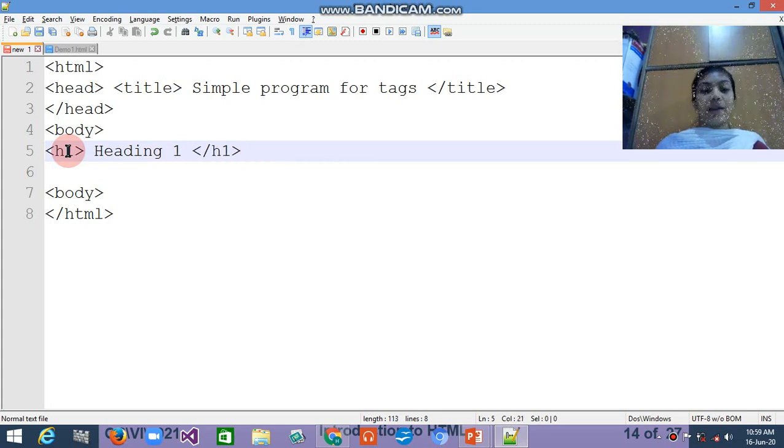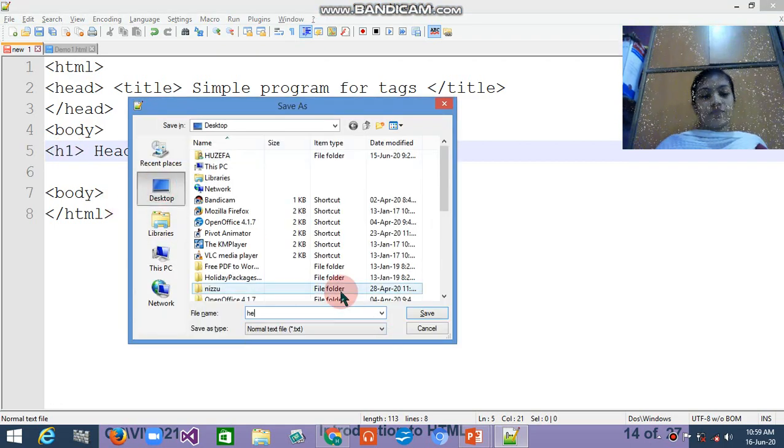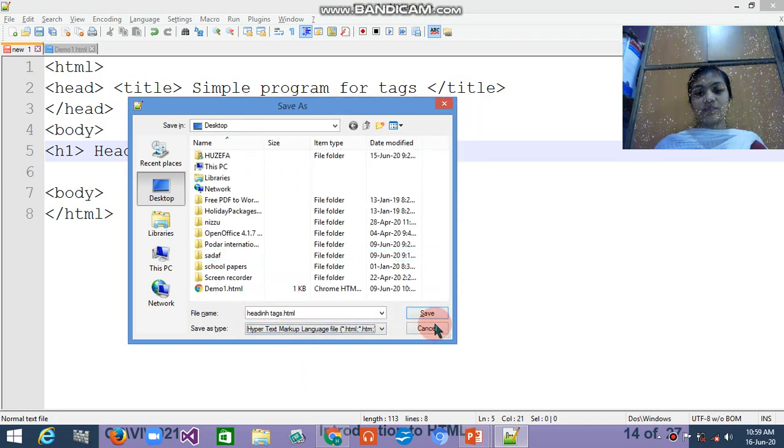H1 is a paired tag. Okay, simple. First of all, I have to save this as heading text, and you have to select the HTML. Okay, and you have to do the save.